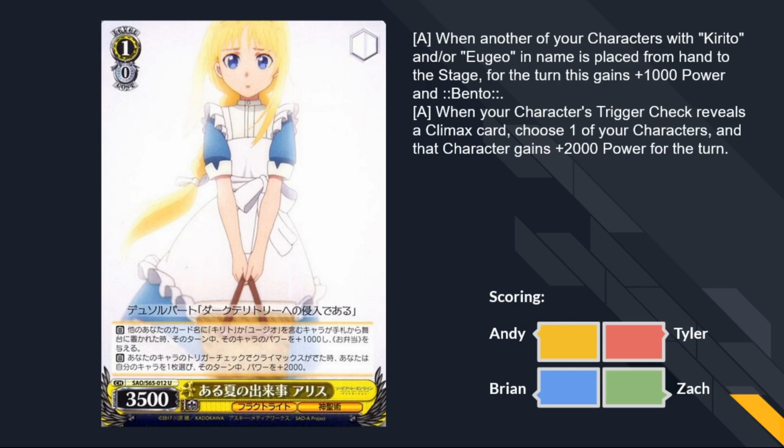Alice, one summer event. On play, if another of their characters of the Kirito and or Yu-Gi-Oh is in